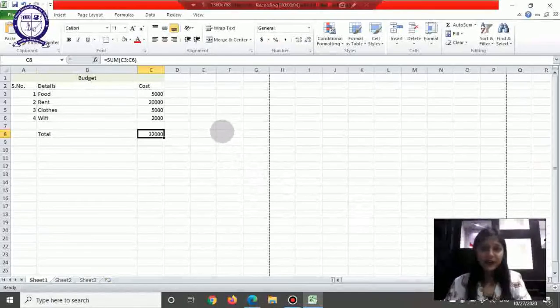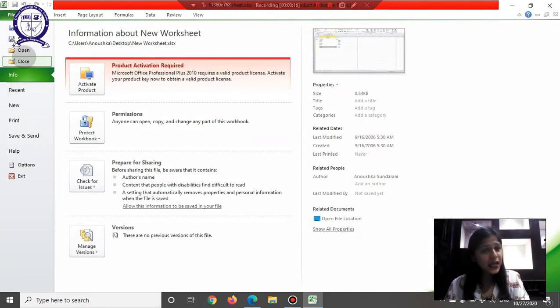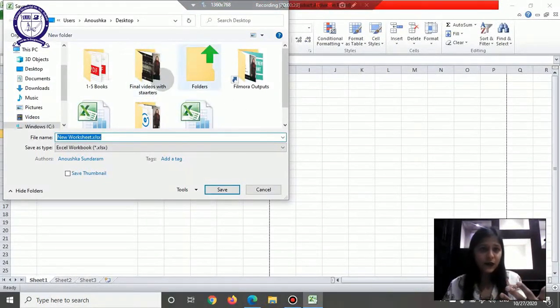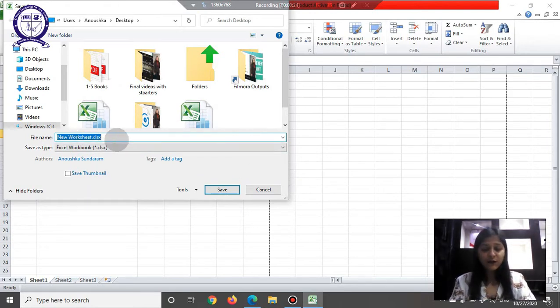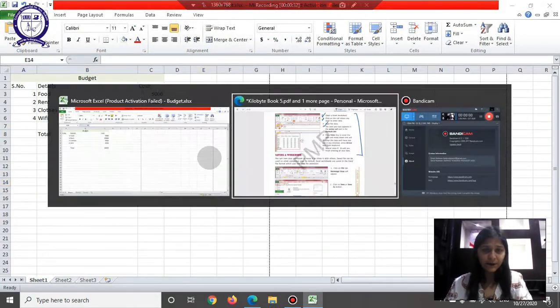So now that we have entered our data in this Excel, if I would like to save my worksheet, how will I do that? Worksheet or workbook, whatever we like to call this one. How will I save my budget? I'll go to File, and then I'll press Save As, and then I'll give it the location where I want to save it, and then I give it a new name. For example, I call it budget, and then I can click on Save, and my budget file will be saved for me to further edit anytime.